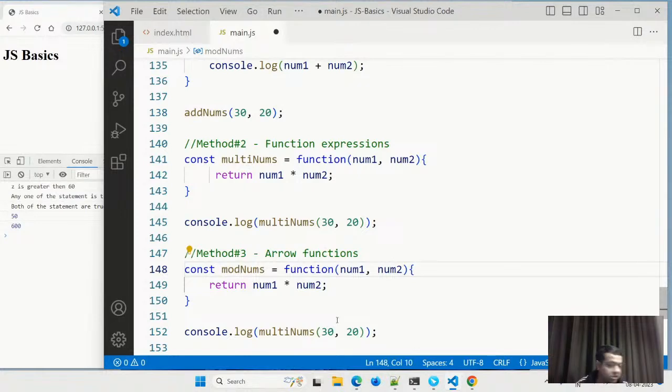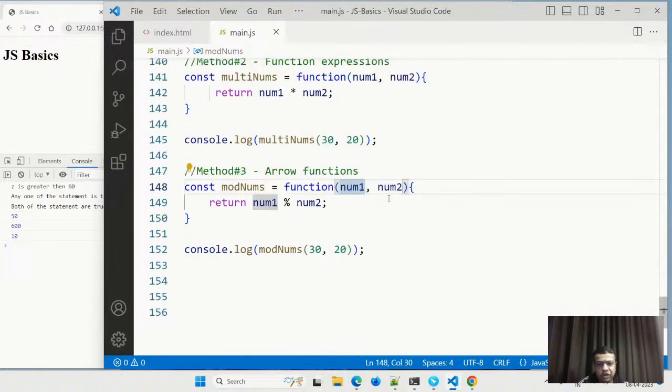So this arrow function, I'm doing this mod nums. This mod nums again I'll do, and this will be a modulus. But again, this is not yet an arrow function. I'm just seeing whether it works or not. It is showing the modulus gives me the remainder. So an arrow function, which is the modern method, what happens in 2020? This function keyword was removed and this equal to and greater than was added. This is also known as fat arrow function. It should not have a space. It should be like this.